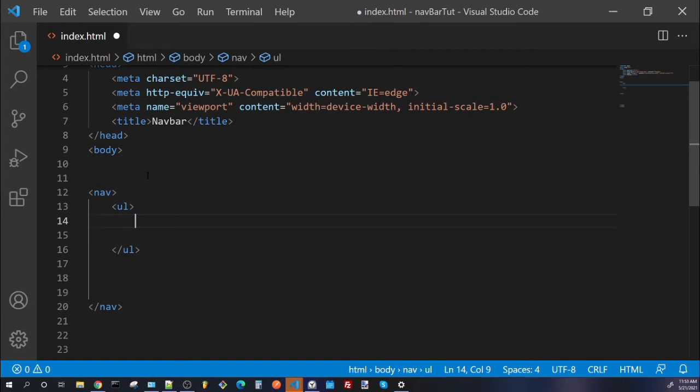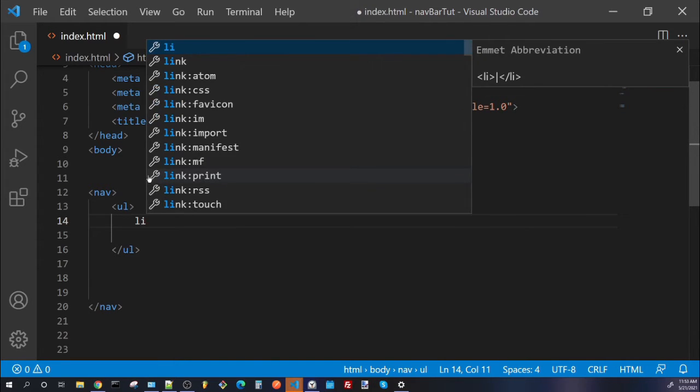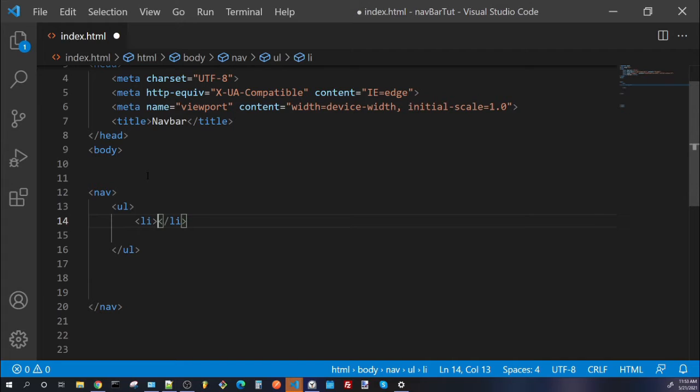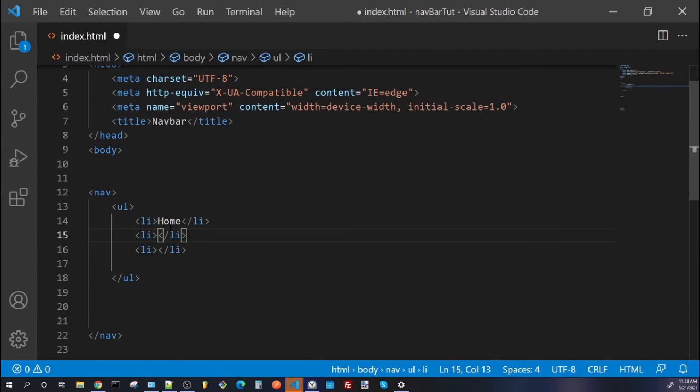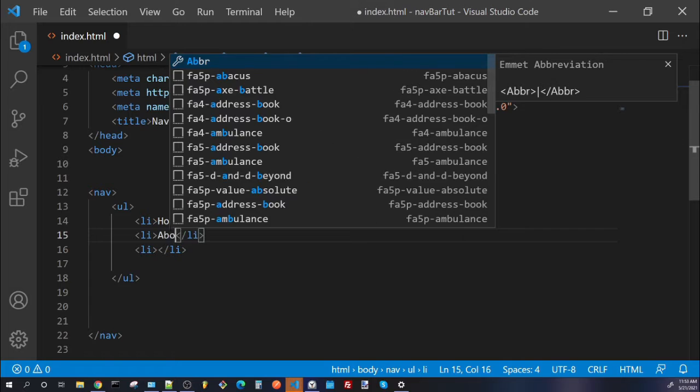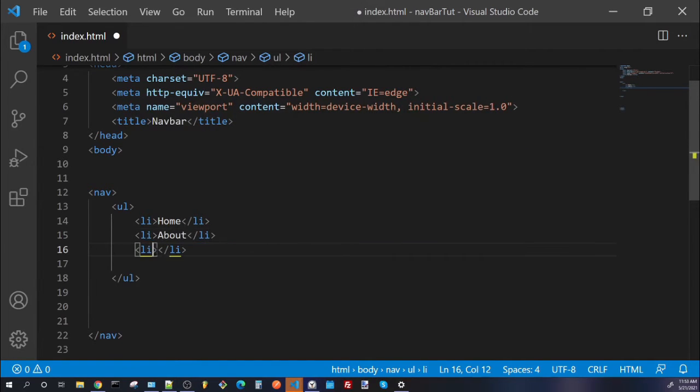Inside our UL, an LI. I'm going to hold Shift and Alt and press down, so we've got three here. Let's call the first one Home, About, and then